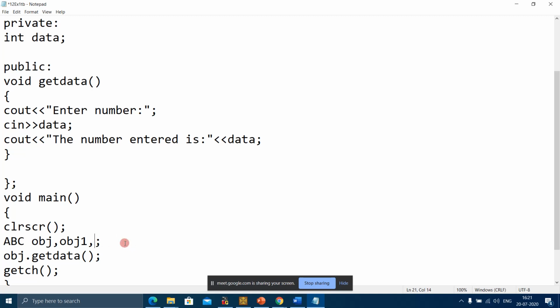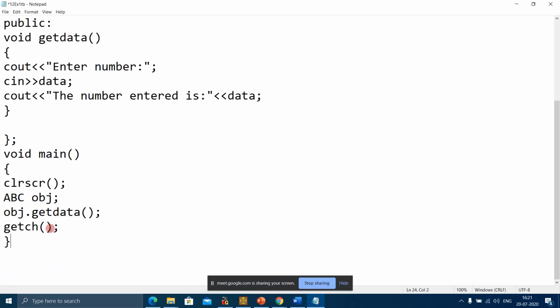Okay, so let's come back to the program. Here you can see an object. If I want to call the member function of the object, I told you the object has its own copy of data members. So if the object wants to call the member function getData, how is it going to call it? It's going to call it by using the name of the object and the dot operator.